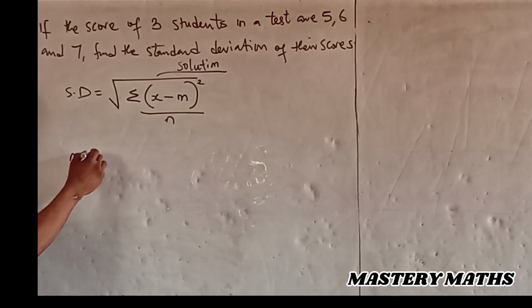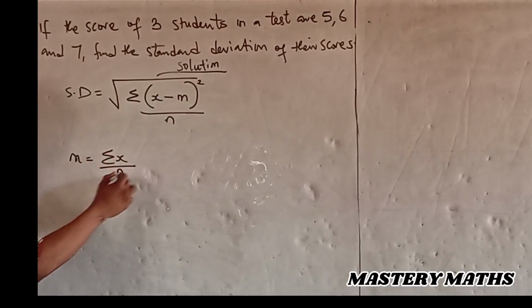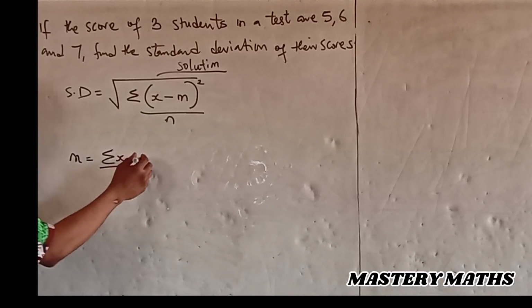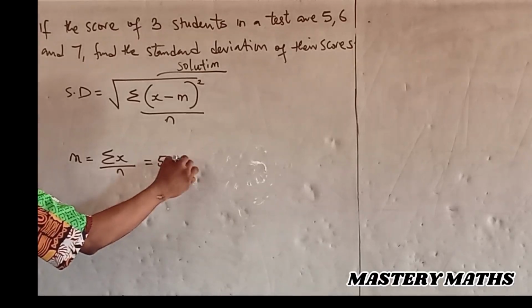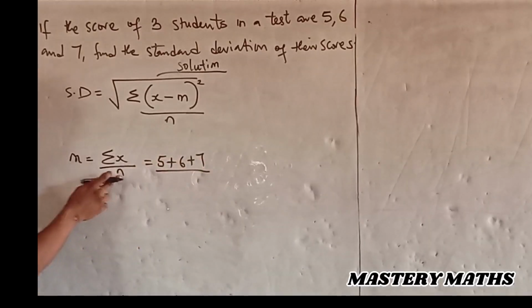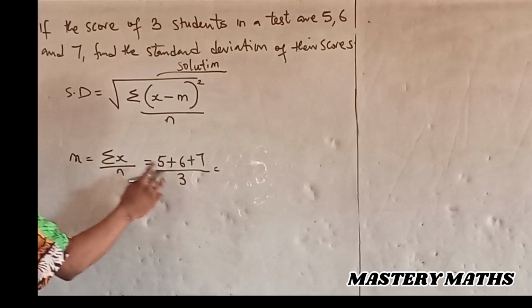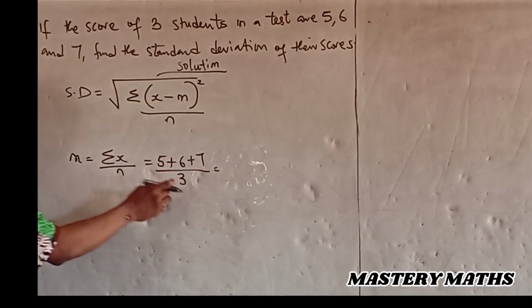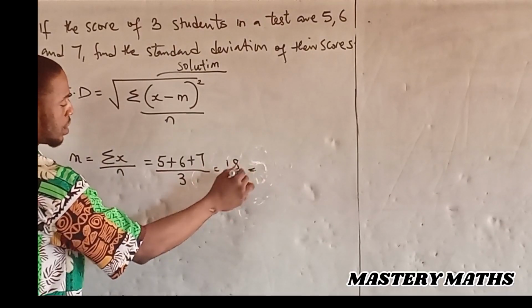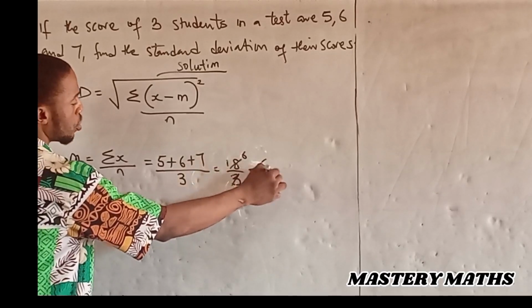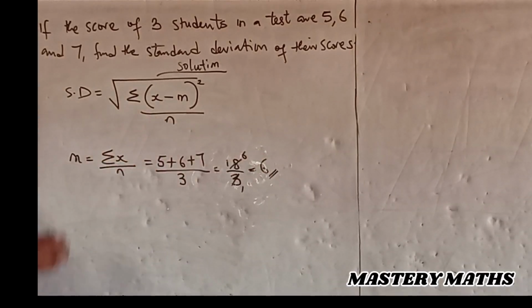So mean is equal to sum of numbers over total number. Now what is the sum of numbers there? We have 5 plus 6 plus 7 over what is the total number? The total number is 3 because there are 3: 1, 2, 3. So we add together. When you add together, it will give us 18 divided by 3, which is 6. So our mean is 6. So having gotten the mean as 6,